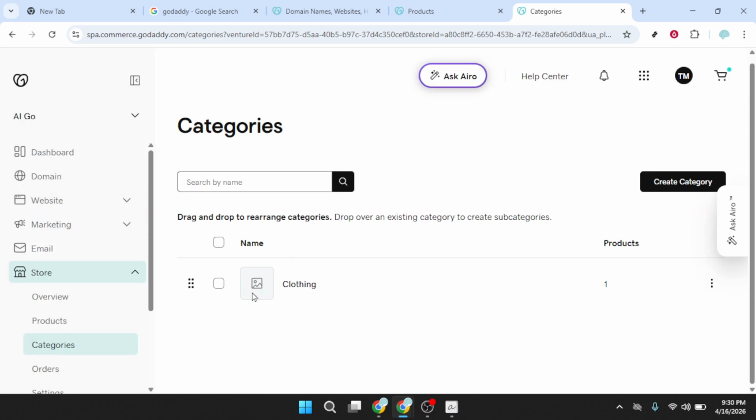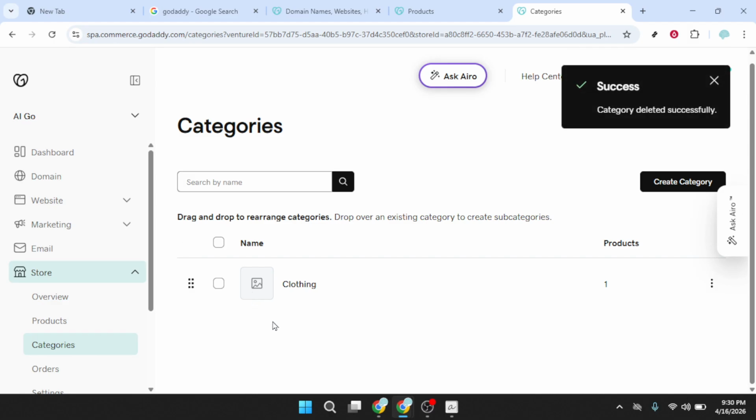After deleting, give your storefront a quick check in a new browser tab or refresh your preview to make sure everything looks right. If you removed a category that contained products, consider assigning those items to a different category to keep your catalog organized. If you change your mind later, you can recreate the category with the same name and